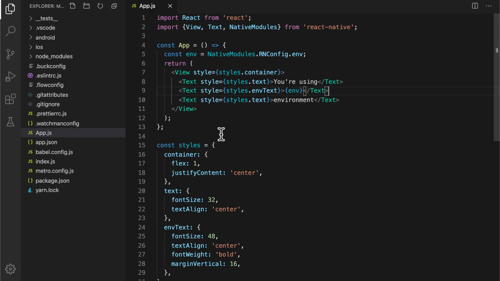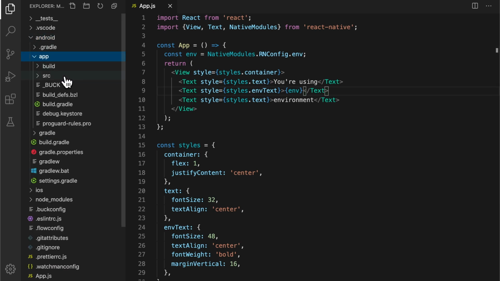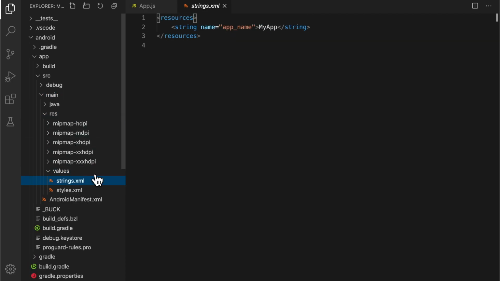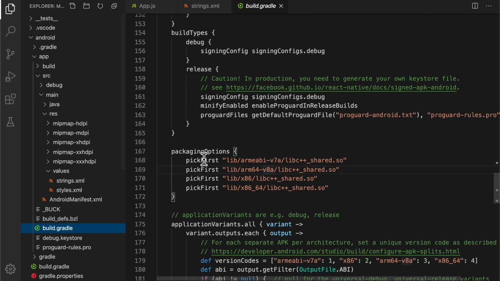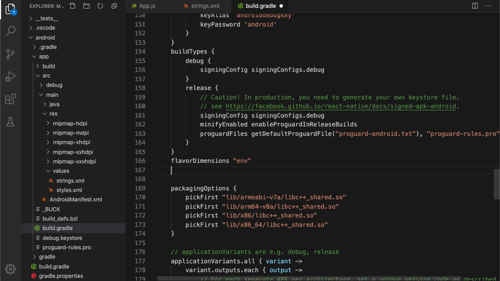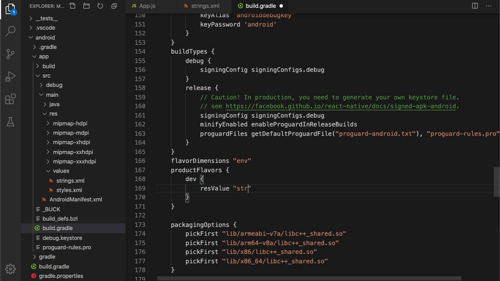Let's move to Android. In Android, it is a lot easier and you don't need to open Android Studio for it. Same as iOS, first we need to make the app name dynamic for each environment. Open the android folder, app, src, main, res, values, strings.xml, and remove the app name. Then, open build.gradle under the app folder. If in iOS we need to create 6 configurations, in Android we just need to create 3 configurations called flavors, and Gradle will mix and match for you.